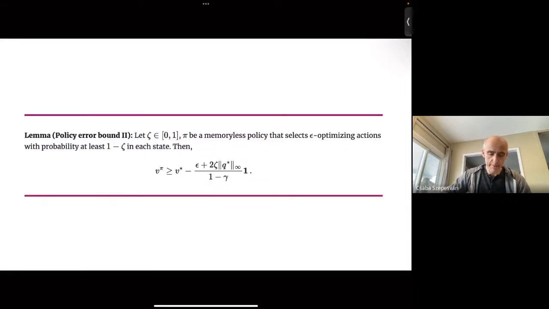And to see whether that is happening or not, we have a bunch of basic results. So here's one of the results. Call it the second policy error bound because it's based on the first policy error bound, which is on the next slide. So this says that if pi is a memoryless policy, so recall that the memoryless policy is nothing but a function that maps every state to a distribution over the actions. Okay, so pi is a map from